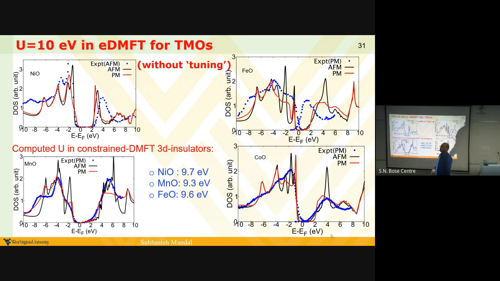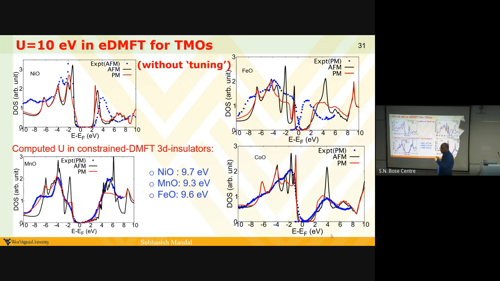The other fact is that this is a very high value, so we have a very deep window, plus or minus 10 eV from the Fermi level. Because of having a very big window, you get this U equal to 10. And that kind of explains that working with a big window can solve this problem.